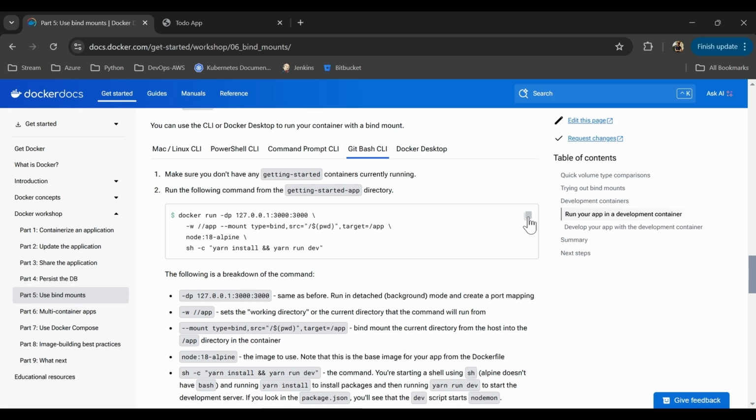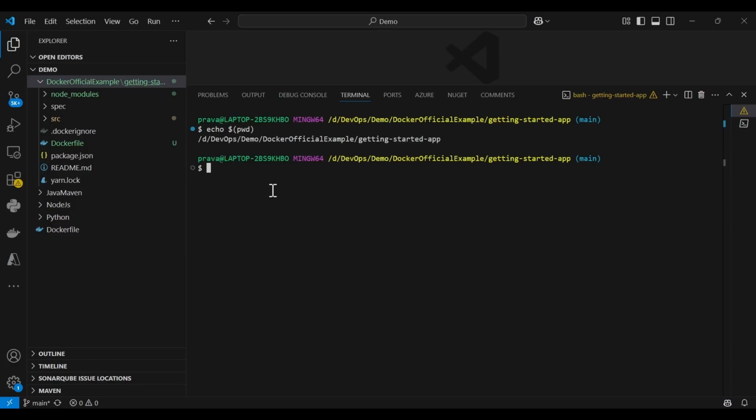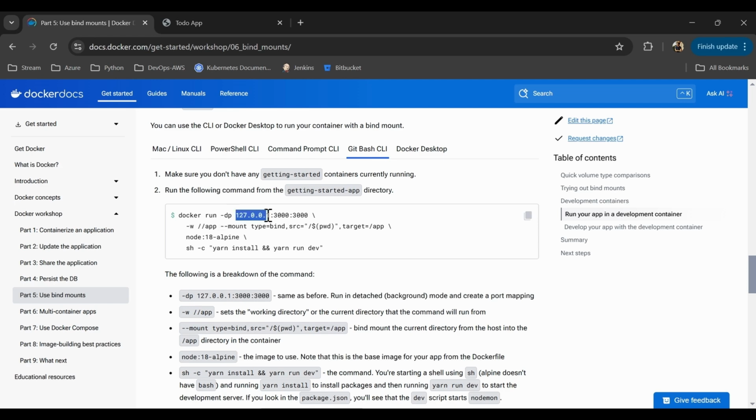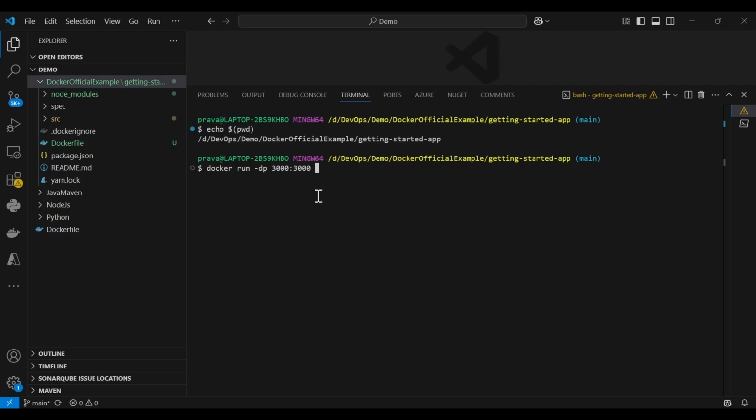So let's do this. I can directly copy it, but let's write it one by one so that we remember it. And I would suggest while practicing, do not copy paste. Just try to run the command so that it sticks in your fingers. docker run -dp 3000. Now remember, I'm not mentioning the host address because I'm running it on localhost. Now to add more lines to the command, you always put a backslash. That way the command is not executed yet and you are able to add more. -w for workspace,